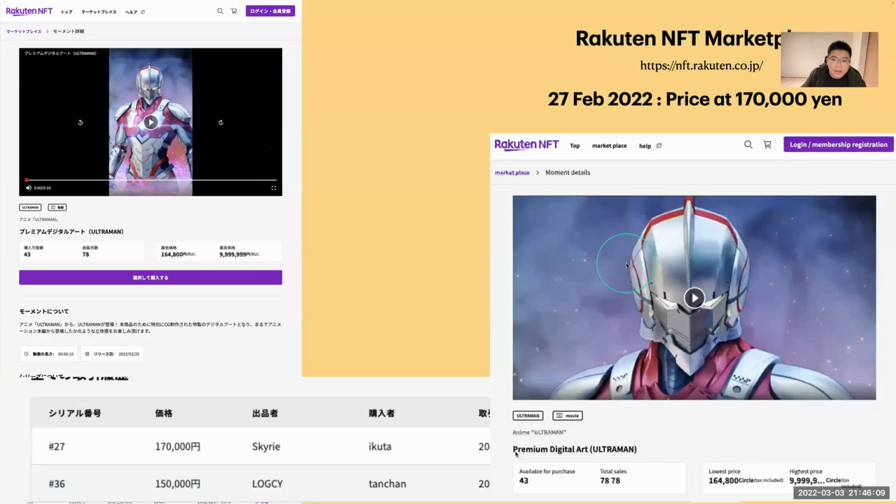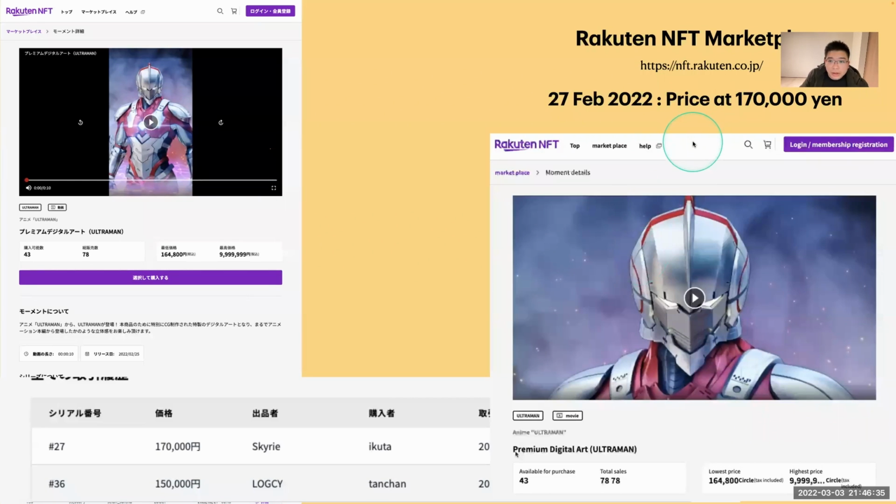And it's really crazy, I captured this just 2 days after they released the market. Rakuten used Ultraman for the first release, and for this one I had to use a VPN. It blocks other countries from accessing this website. So I had to use a VPN to get this data.